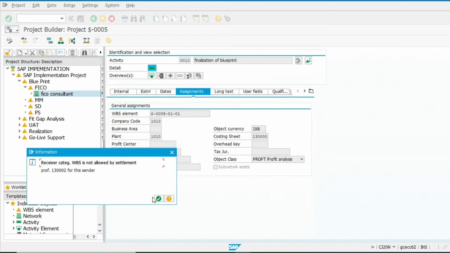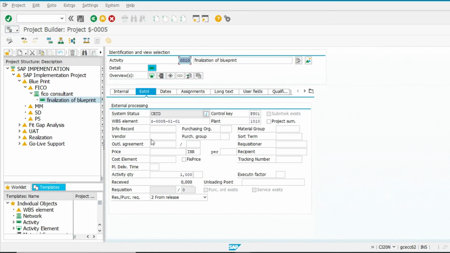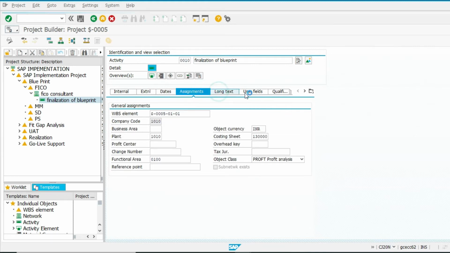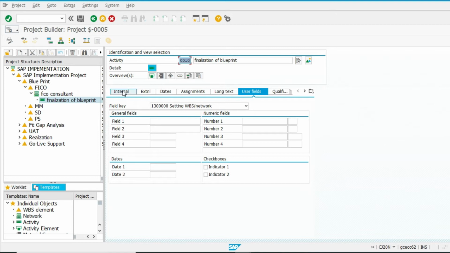Receiver category not allowed by settlement. No issues, we'll take care later on. Start date must be start on and must be finished on. Assignment no need, user field no need, just save it.